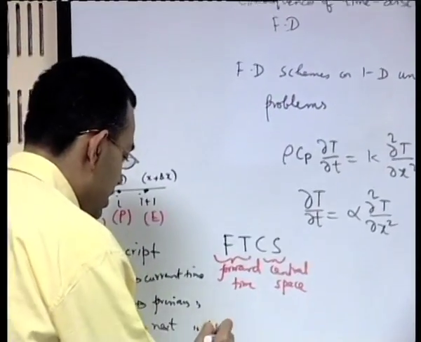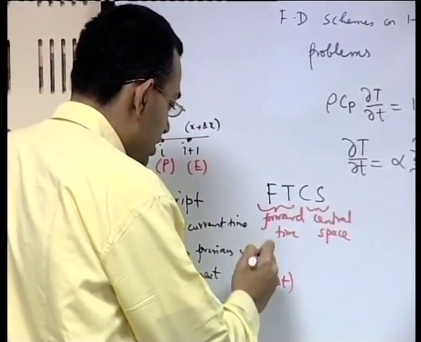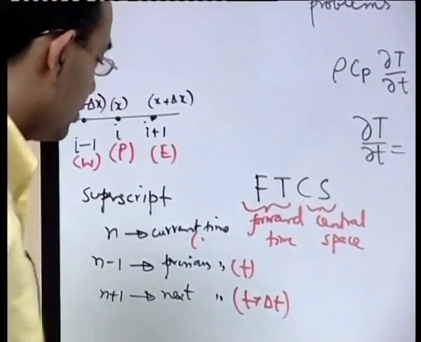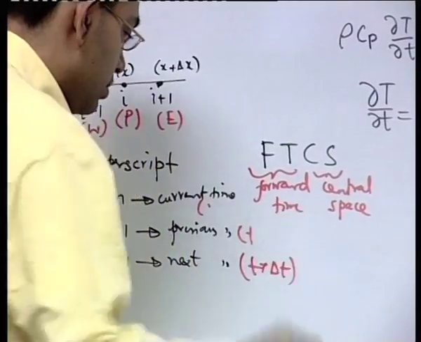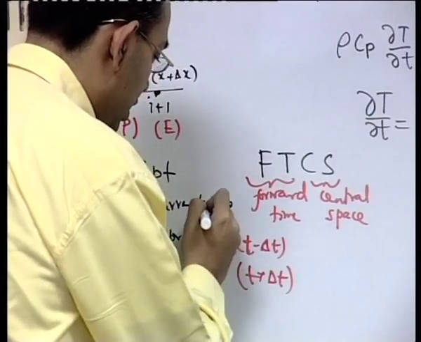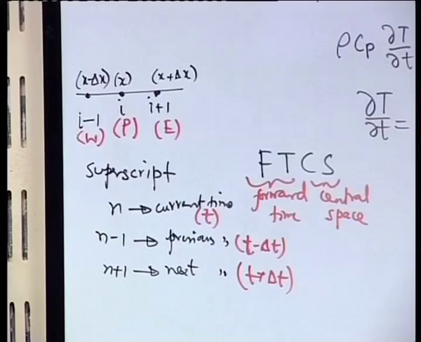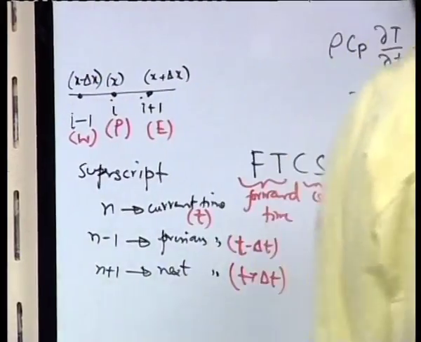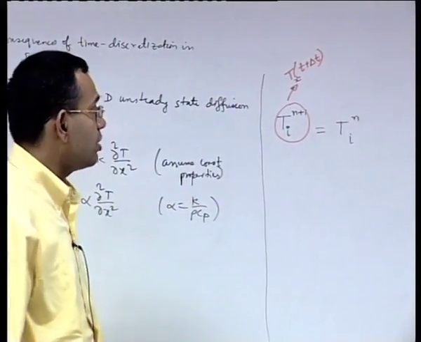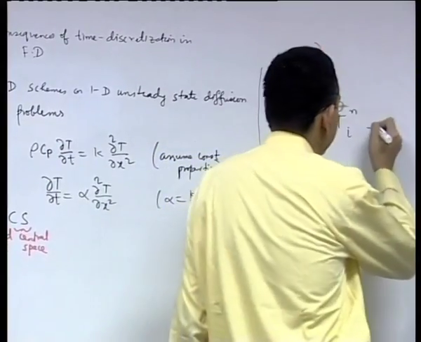So, this is t plus delta t, this is t, and this is, sorry, this is t minus delta t, and this is t. So, T I n plus 1 is equal to T I n plus